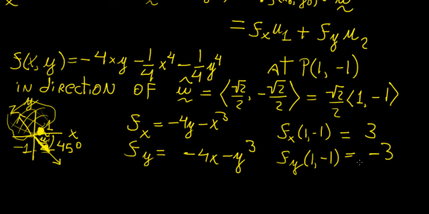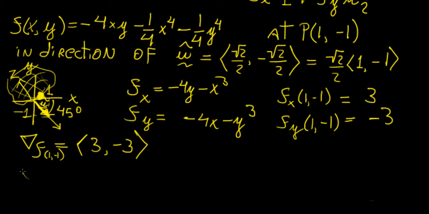So now, in order to find the value of the directional derivative in the direction of this unit vector, what we need to do is construct our gradient vector of f, which is going to be these two values. And if we evaluate it at the point (1, -1), then that's just going to have the components 3, -3. And that means that when we find the directional derivative of f at (1, -1), we're going to have this